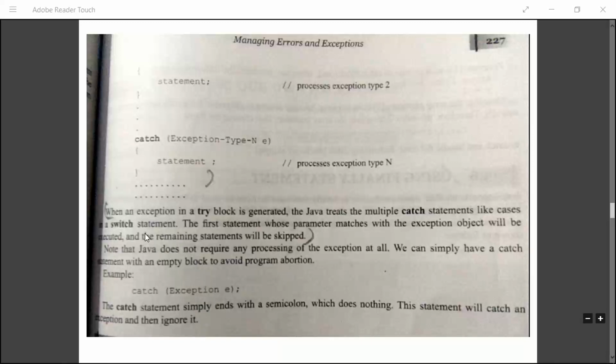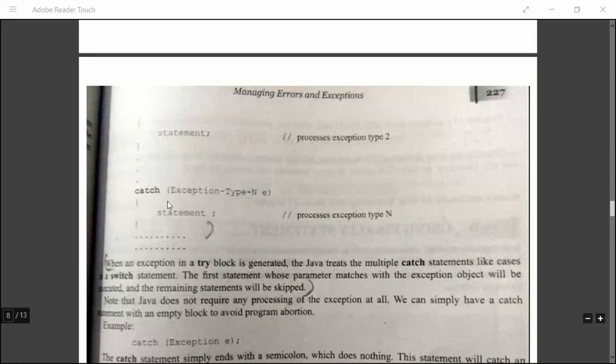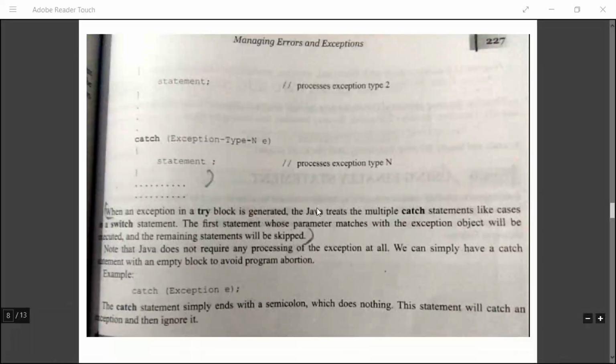there the control comes out of that switch statement. So here also the try block generates the error, and the error is compared to the exception type specified in the catch, I mean the exception type which is declared here. When the match occurs, the other statements will be skipped, and the control will come out without executing them, just like your switch statement. So the first catch statement whose exception type parameter matches with the exception object